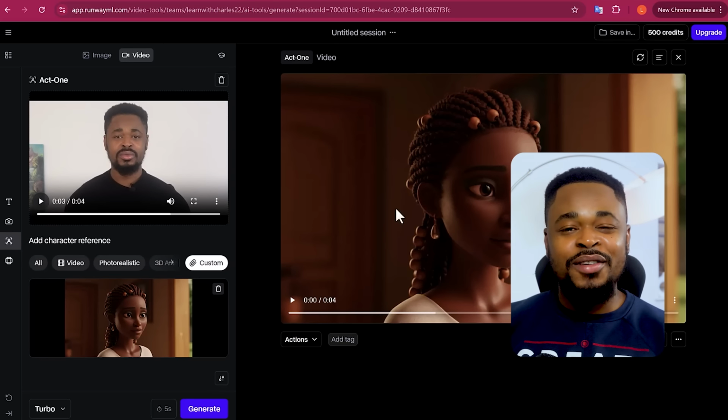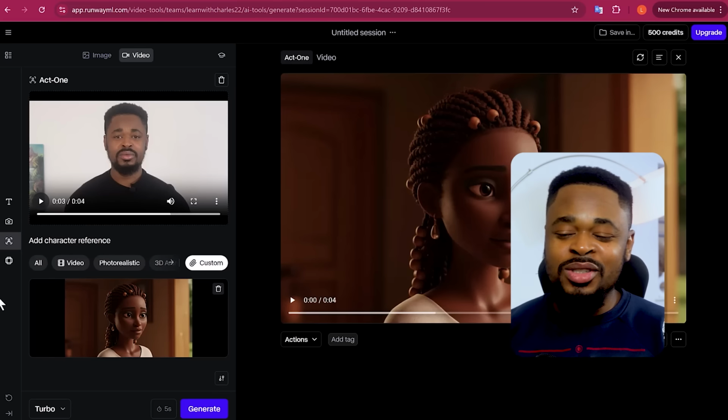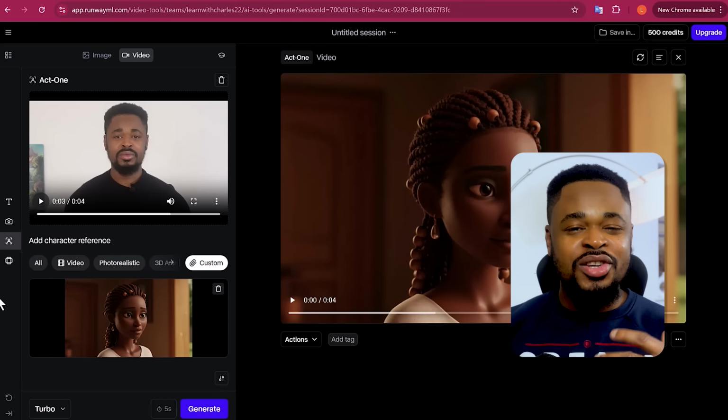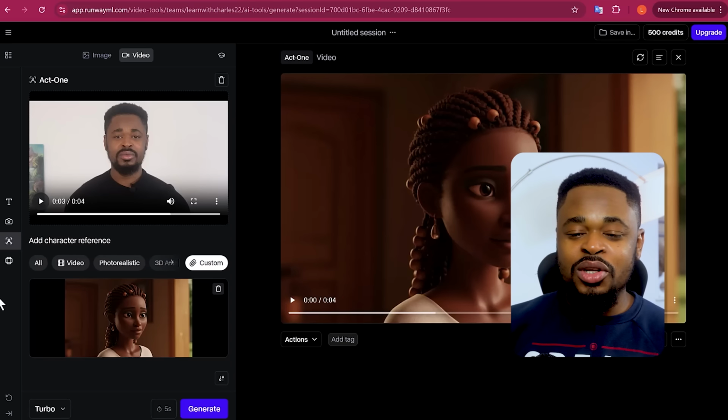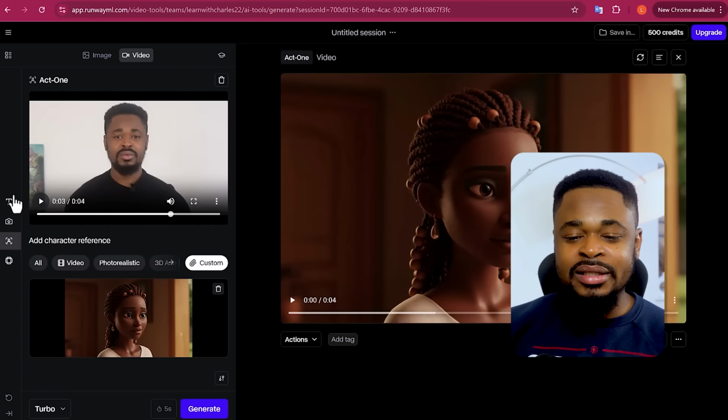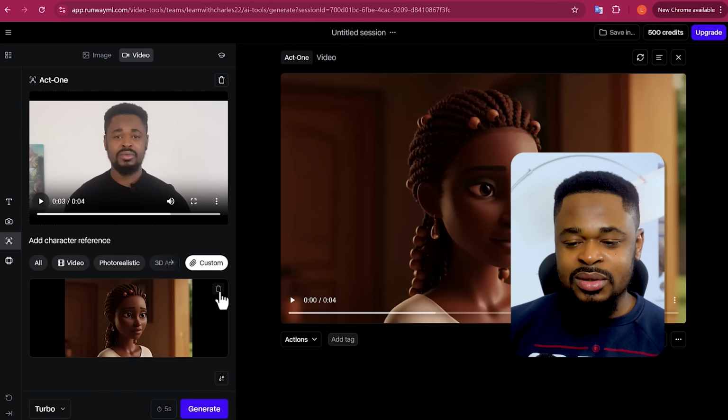I'm going to play this other video. Before I play the video, we are going to do this for other parts where she was interacting, okay? So I'm going to do this for Kofi, all right? I'm going to upload Kofi's image and then the driving video and click on generate. So let me do that also.